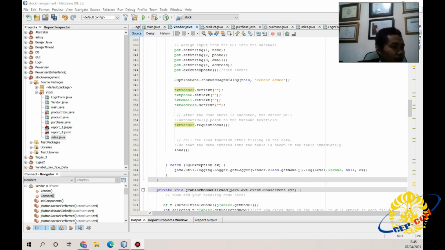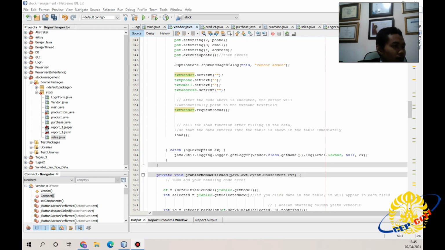The option pane will display vendor added. Okay, txtVendor.setText, txtPhone.setText, txtEmail.setText, txtAddress.setText.